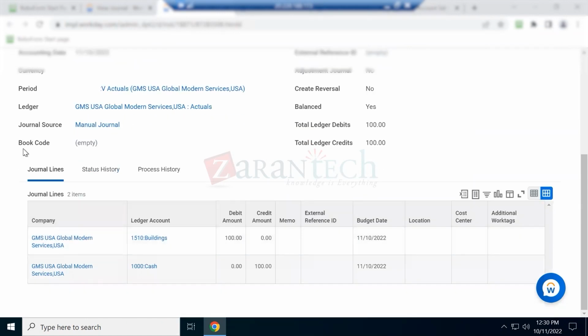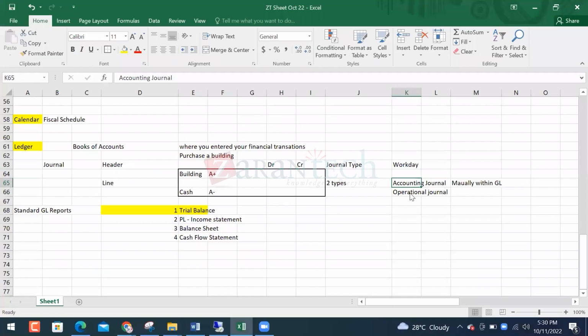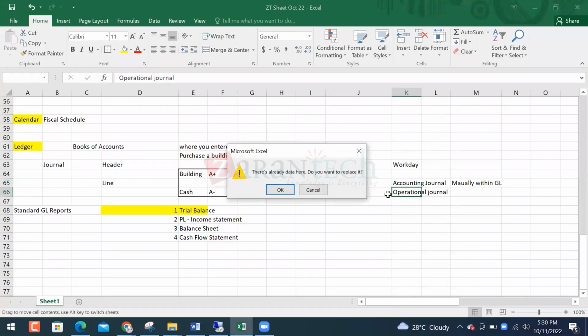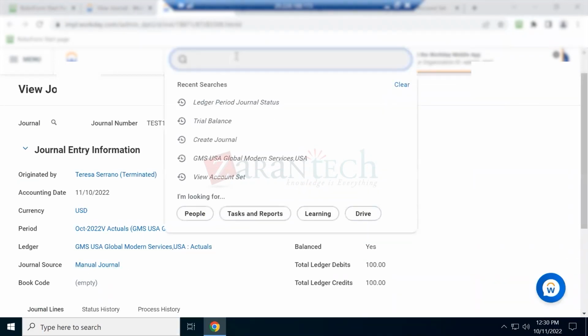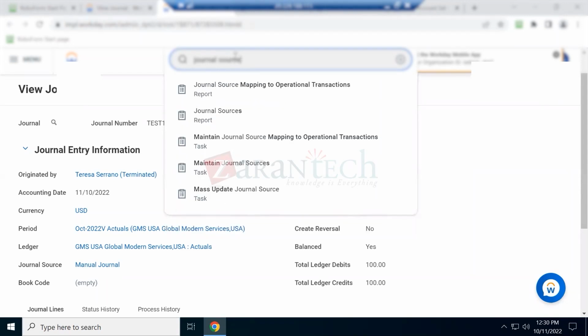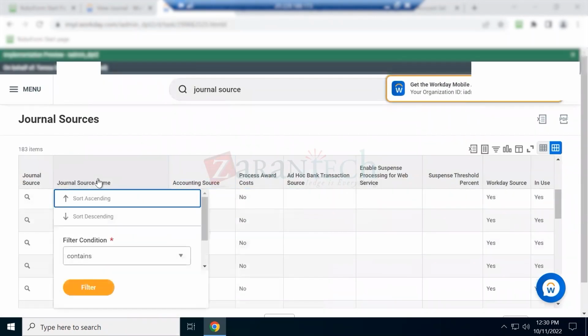The source is manual, and if I show you the sources, because these types are defined on the sources part, the manual is the accounting journal source. Source means where this journal is coming from. If the journal is created within, then that source, manual journal, is my accounting source. And if I show you the manual only,